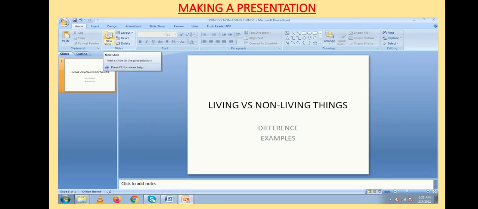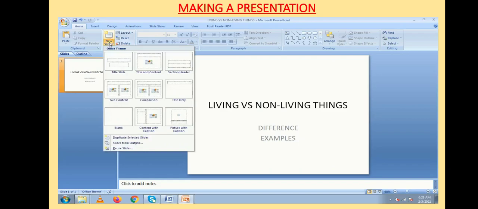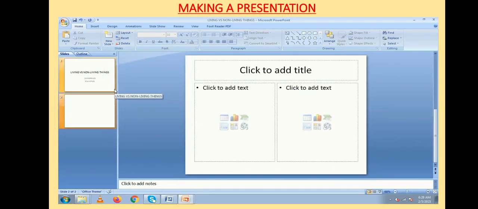Now you can add few more slides in your presentation. If you click on the drop down arrow of new slide option, different slide layouts will be visible. So here I am choosing two content.